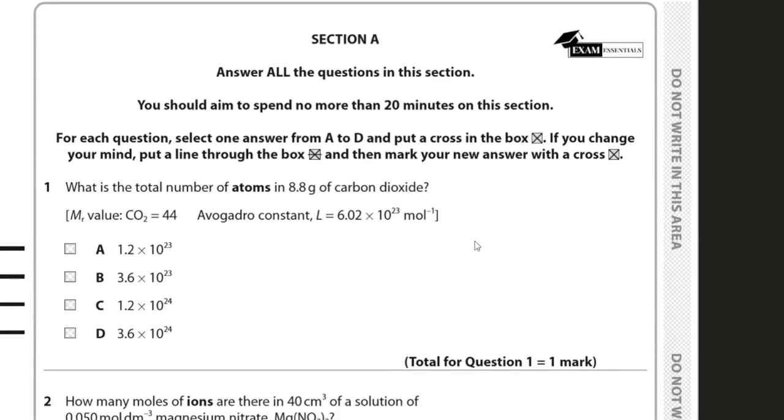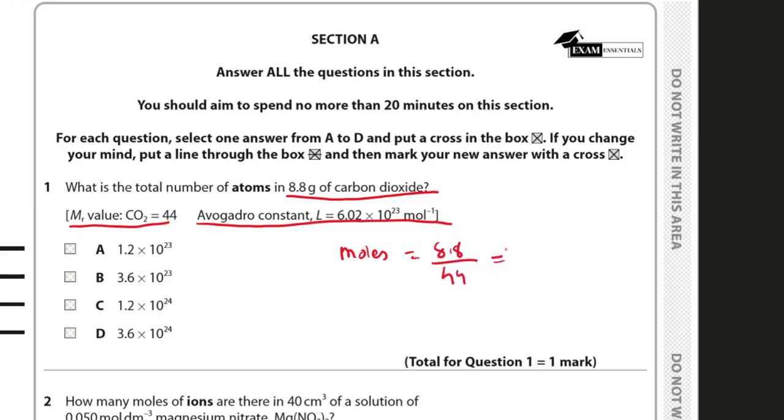The first question says, what is the total number of atoms in 8.8 gram of carbon dioxide? In order to solve this type of problem, first, you have been provided with the molecular mass of carbon dioxide, and of course, the Avogadro constant is provided, which is about 6.02 times 10 to the power 23. So, we need to get the amount of moles for carbon dioxide. Moles is equal to 8.8 divided by 44, which would lead us to a value of about